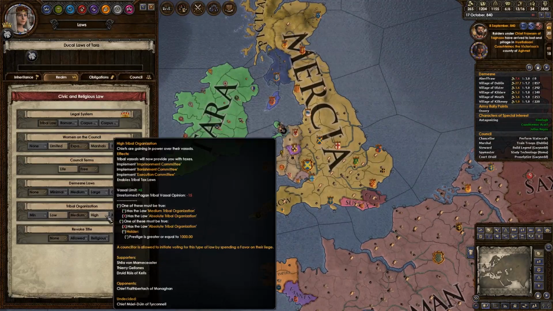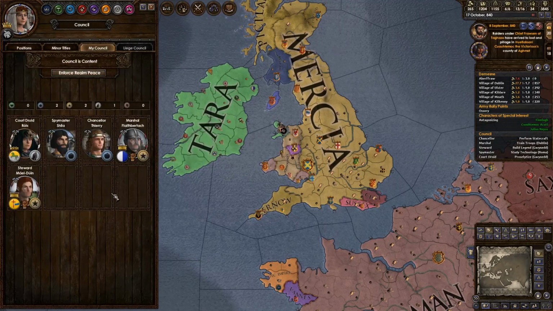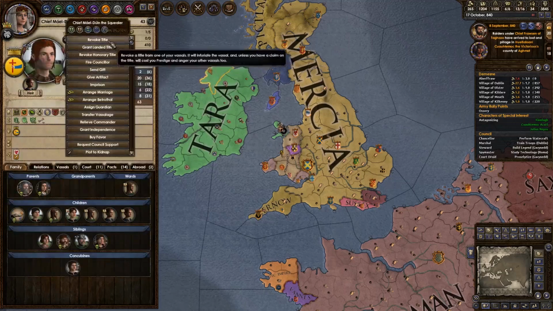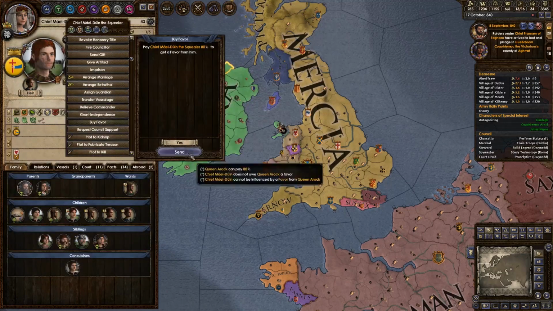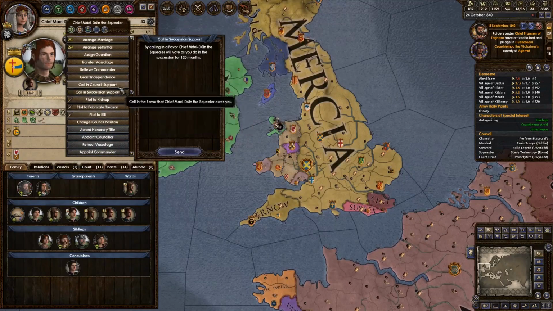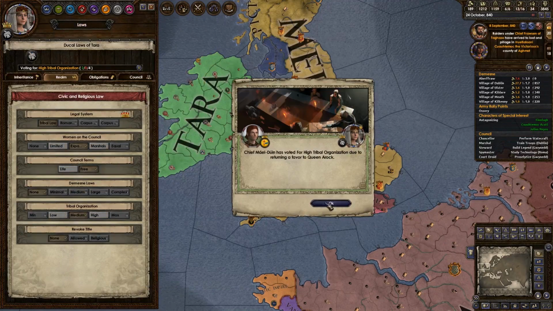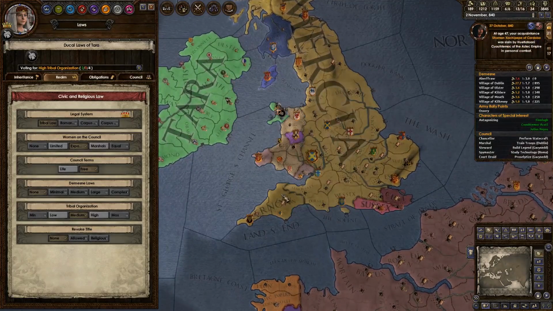We can obviously pass tribal organization laws. We got 3 supporters in favor of 1... Chief Male Duin of Tyrconnell. Again, not how that's pronounced, but let's see if we can get him on board. Where is he? This guy. Let's buy a favor. Obviously, he'll say yes, because 80 gold during tribal times is a ridiculous amount. Call in council support. Thank you very much. And then let's push that through. That's us, and we didn't really need to do that anyway, but just in case the other couple...